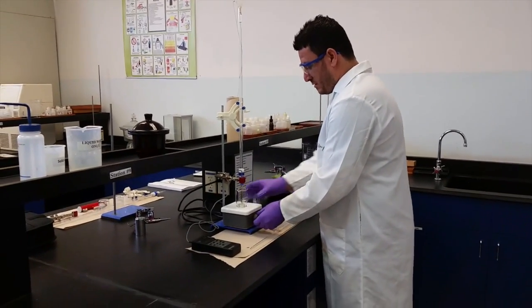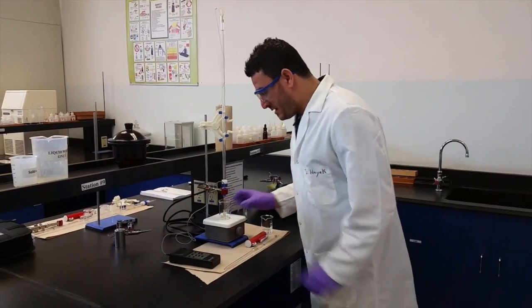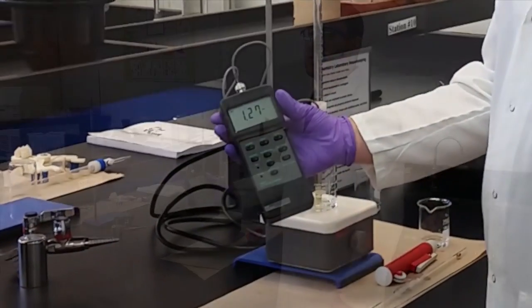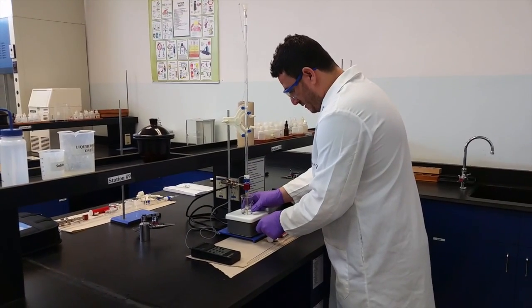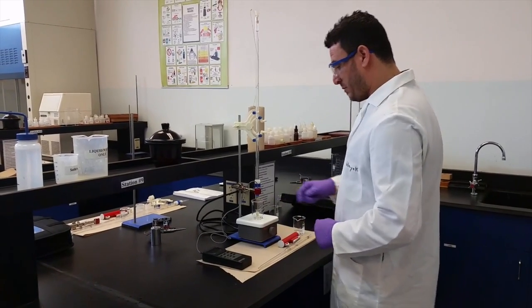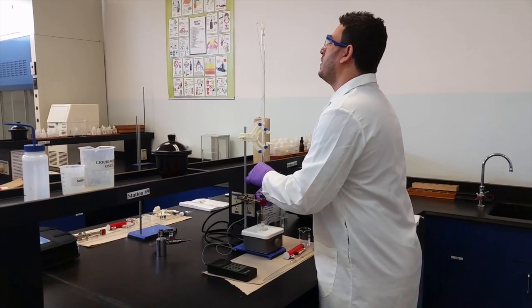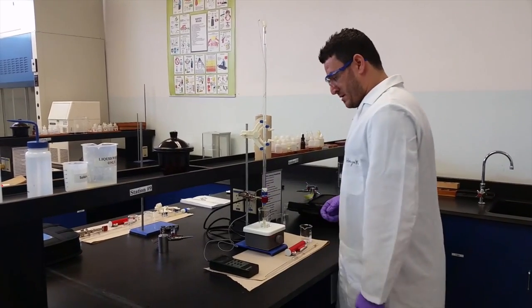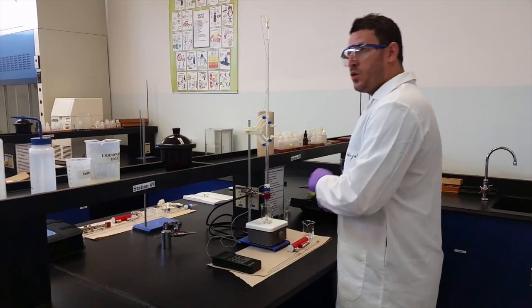First start your stirrer. So now you can see that the pH is stabilized around 1.27. It's a strong acid. So now you start your stirrer. Make sure your magnetic bar doesn't touch the probe of the pH meter, and start adding your base. Okay, so 1 milliliter,